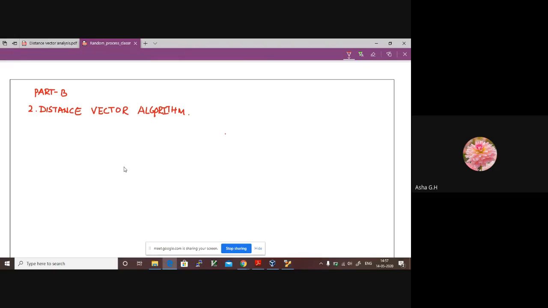Before we go and discuss the tools or the execution part, I just want to explain a simple concept quickly. Assume we have a topology with 4 to 5 nodes, say A, B, C, D, E. These nodes are nothing but routers, and they are connected by links.